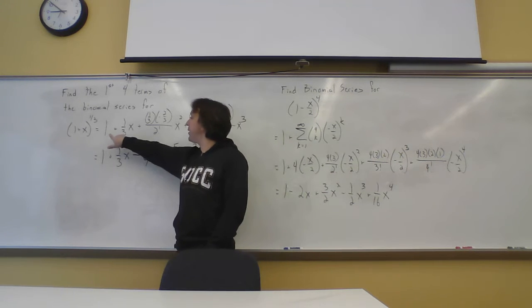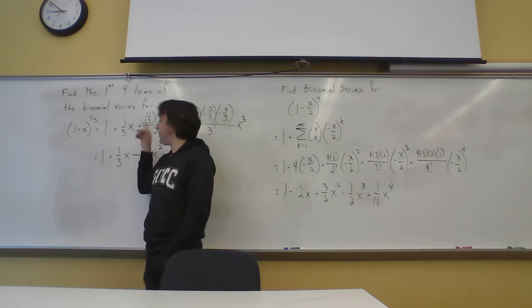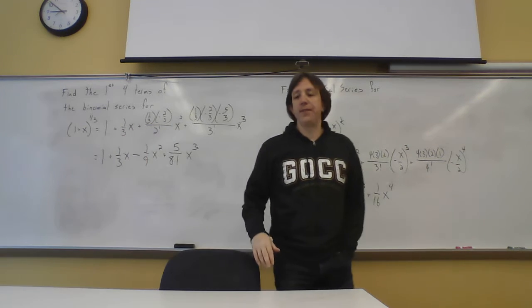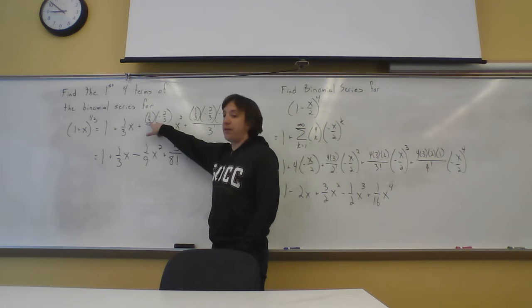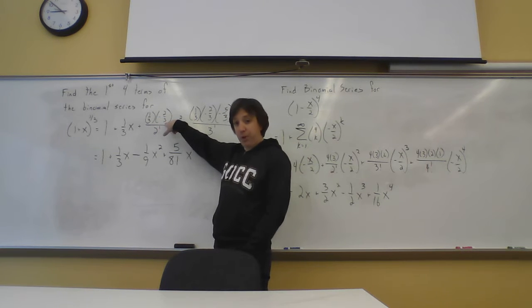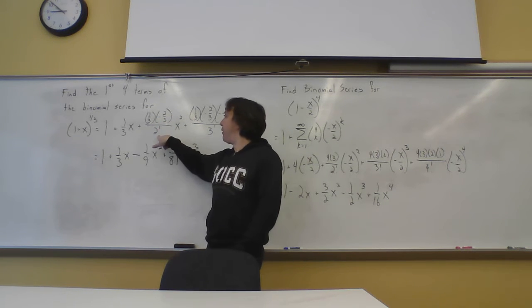So we know the first term is 1. The second term is just the power times x. That's really, really nice here. So we get 1 plus 1/3 x. The third term will be 1/3, the exponent, times the exponent minus 1, so negative 2/3, all over 2 factorial